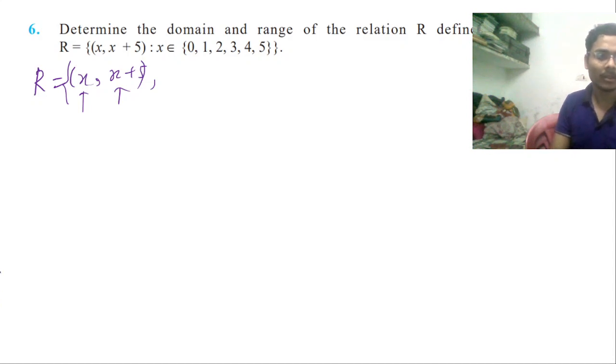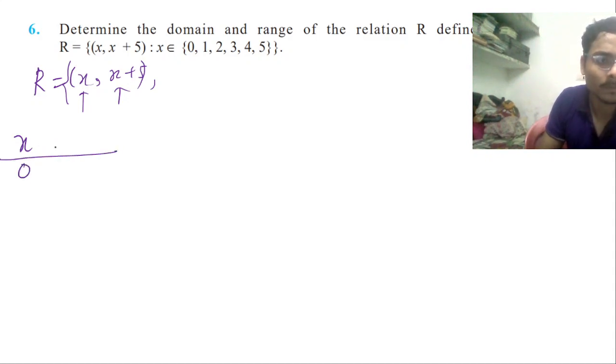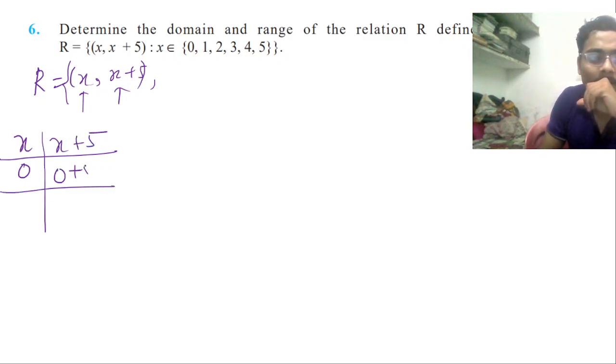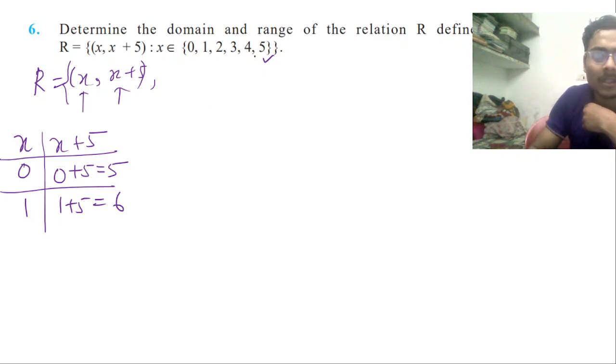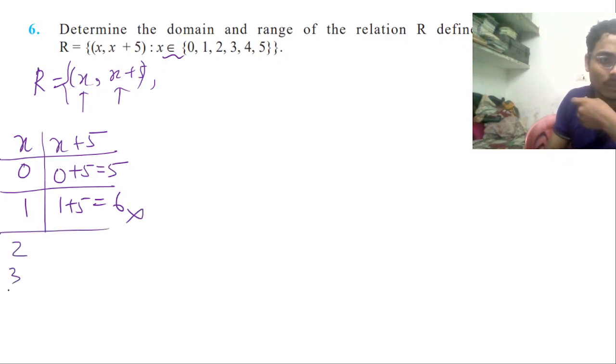So if we put x equal to 0 here, and we calculate the value of x plus 5, x plus 5 is 0 plus 5, which is 5. So 5 is present here, but if we put x equal to 1, so 1 plus 5, which is 6, which is not present in the x set, not present. X 2 3 4 5,